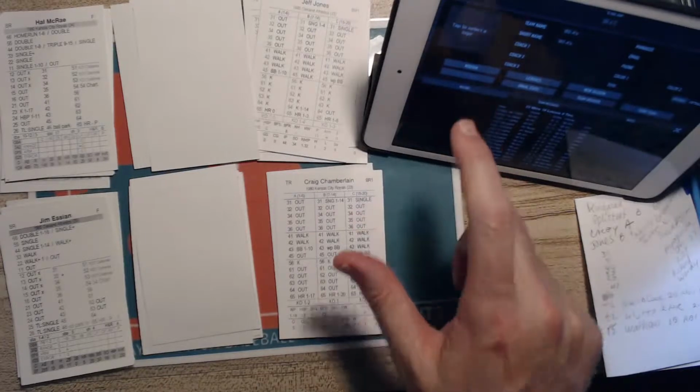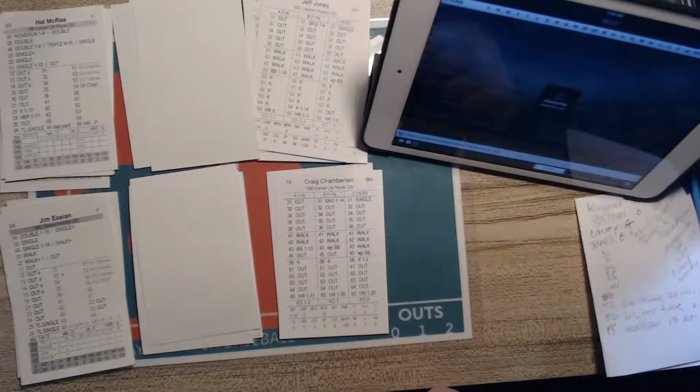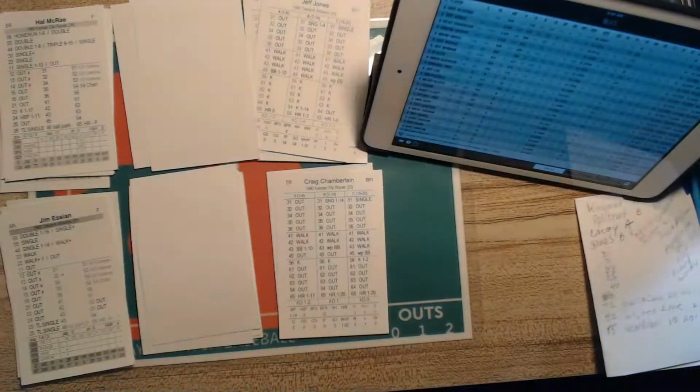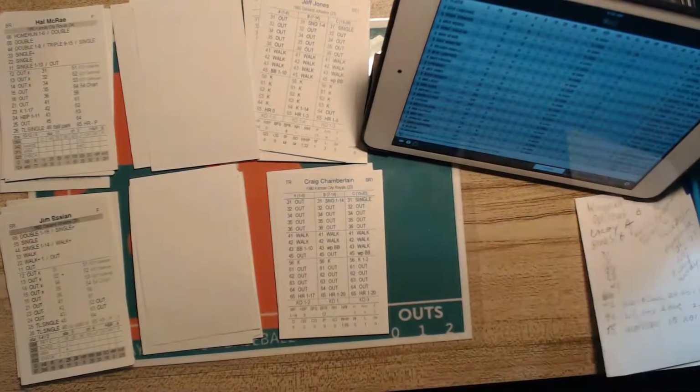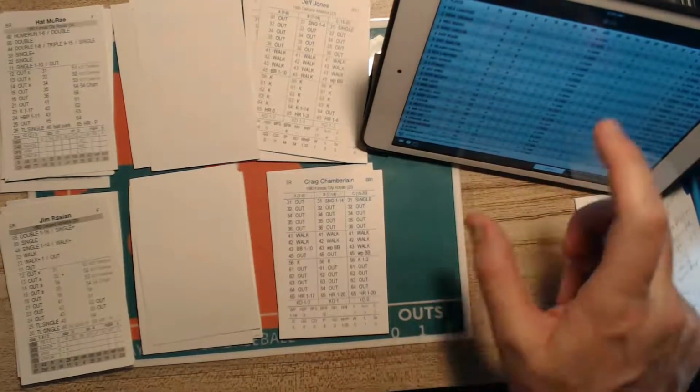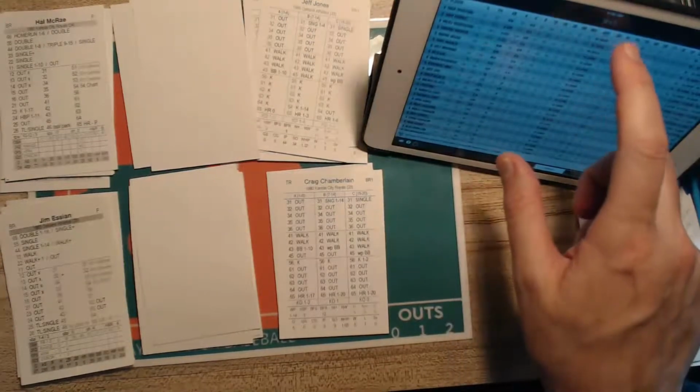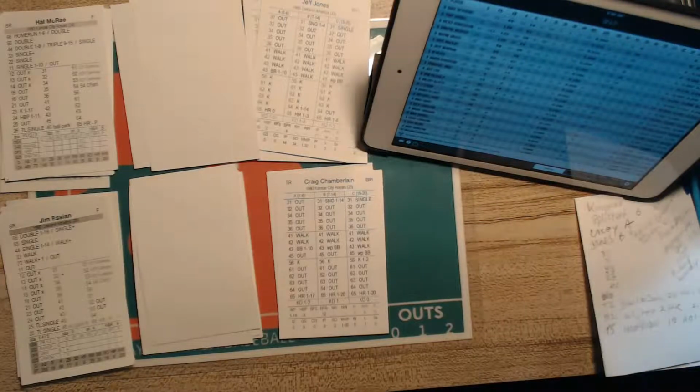So let's look at some team stats, some stuff that really stands out here. Let's look at the batting. So batting averages. Revering batted .364, 24 for 66.